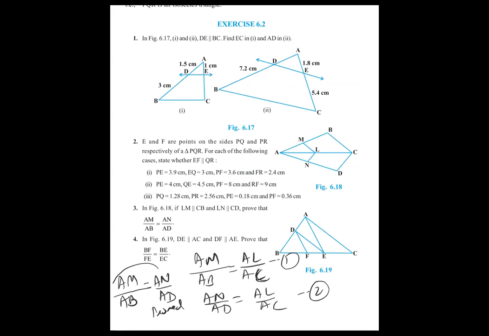Identify the correct triangle in which you have to apply the basic proportionality theorem. For example, when they are telling DE is parallel to AC, then you mark it. This is DE, this is AC. Now tell me which triangle belongs to these two lines. Can you write in the chat box which triangle these two lines, DE and AC, belong to?